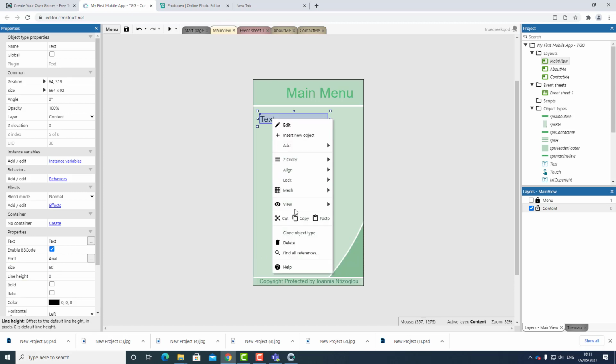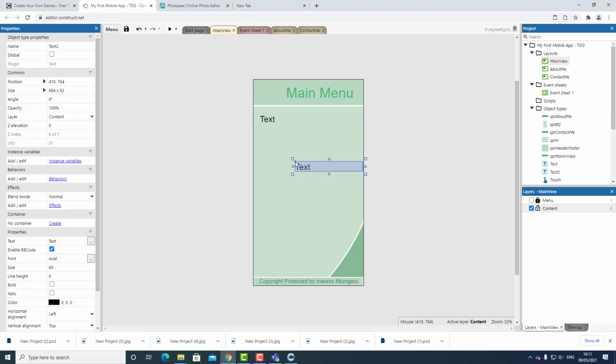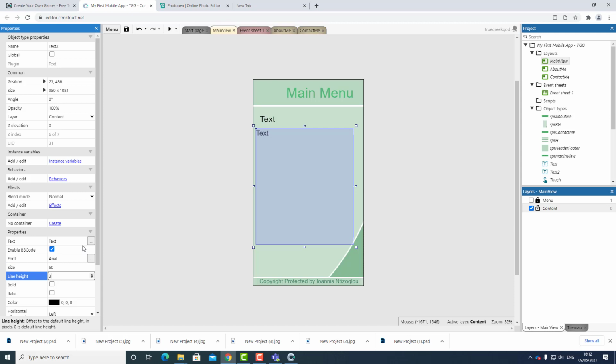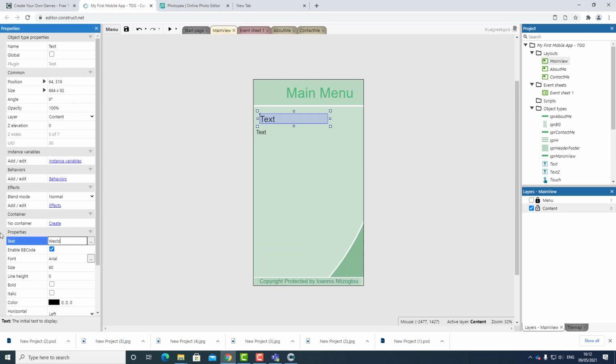I'm gonna duplicate this, clone this object, and to make sure it goes there. I'm just going to reduce the size to maybe 50 or let's make it 40. For that one, I'm gonna put welcome to my app,